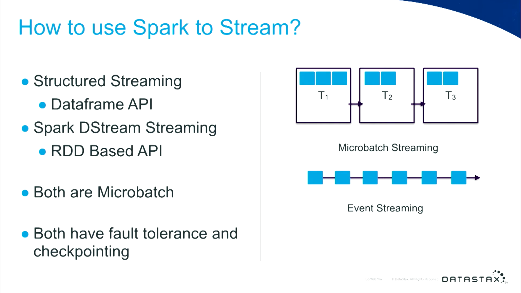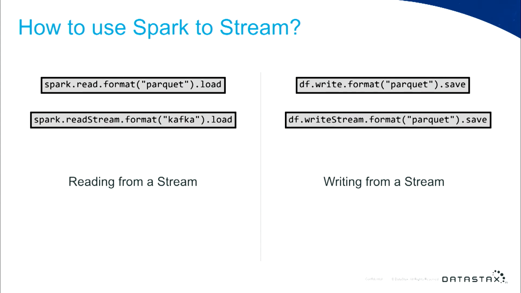Now, I, again, would recommend using structured streaming. It's the newer API. It's much more efficient, and it ties into the optimization system that already exists inside of data frames. And one of the really cool things about it is that the API looks almost exactly like the data frame API. So here I've just shown for comparison reading from a Parquet file and reading from a Kafka queue.